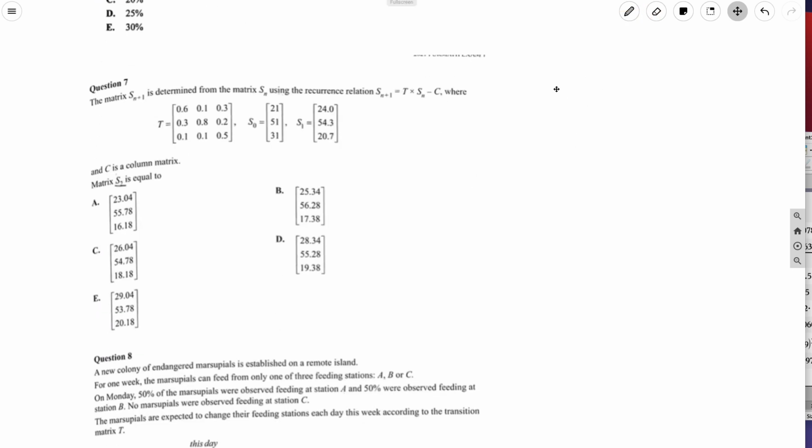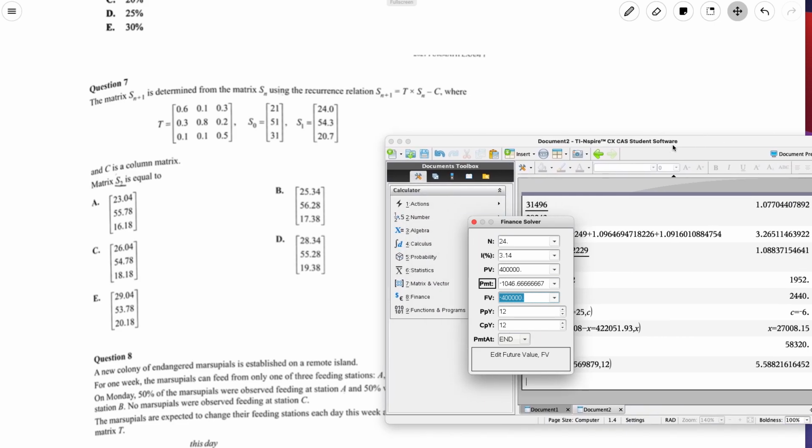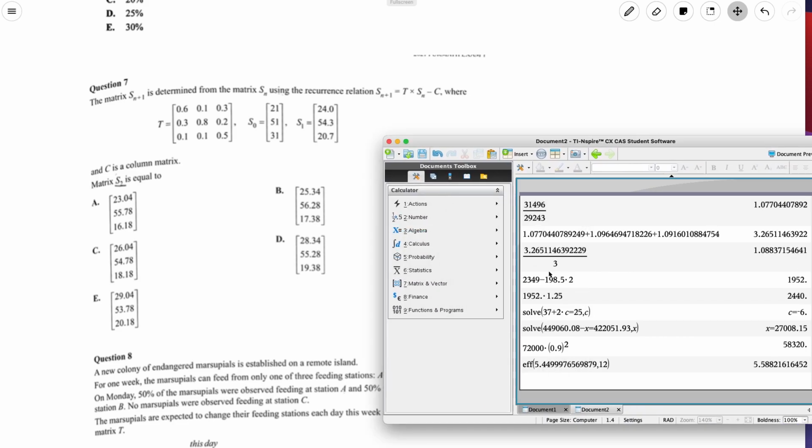Then we have the matrix S(n+1) is determined by blah blah blah, so a recursion. C is a column matrix. Matrix S2 is equal to what? Okay, so they've made us first work out what C is. So if we do that, we're going to have to go on the CAS here. And I'll get rid of this. And I might define a few matrices here. So I'm going to define S